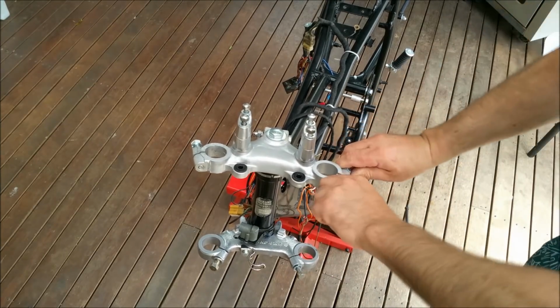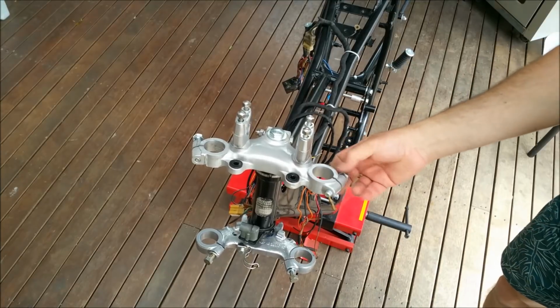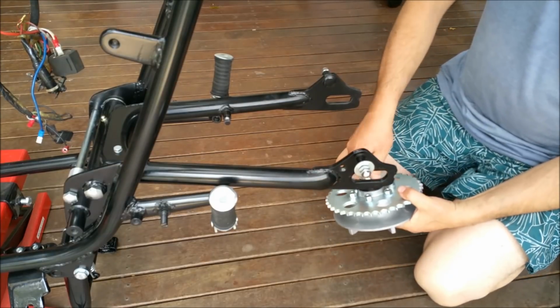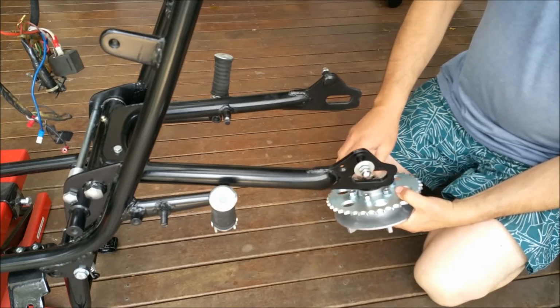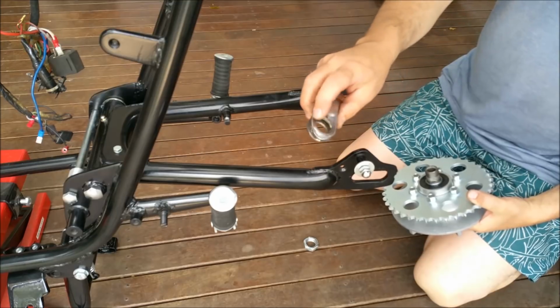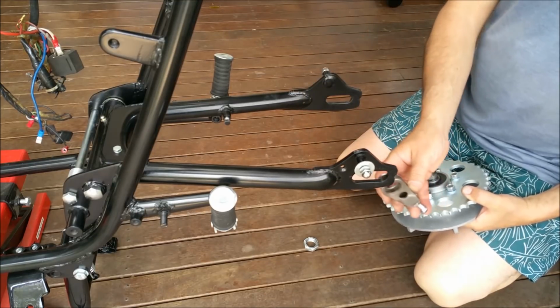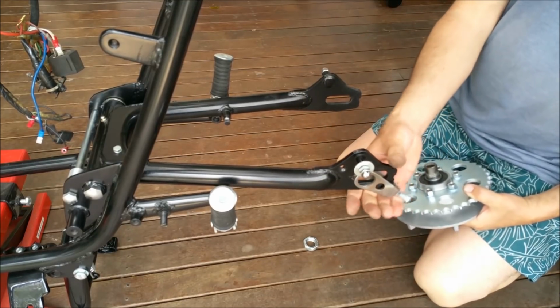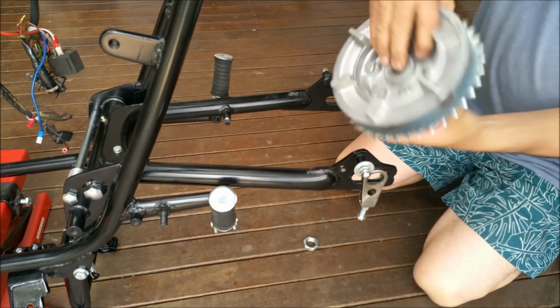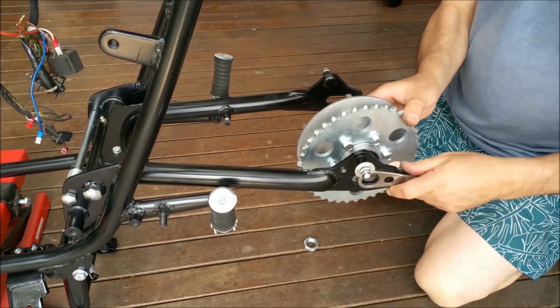That's a bit tight. There we go. So I'll get the bars and stick them on. It's going to start getting front heavy, so I'm going to chuck the back wheel on. So we've got, this is weird. We've got this bit which has a flat drive part there for the chain tension, and of course those flat bits marry up with this. That's just for your push drive, and